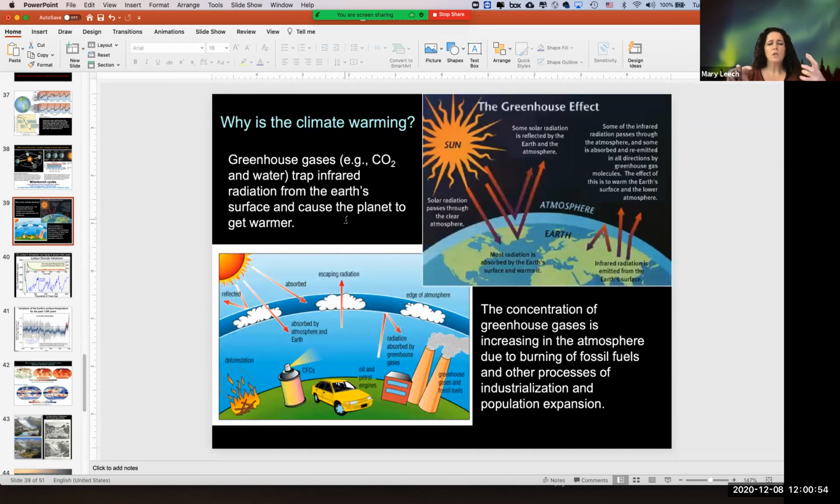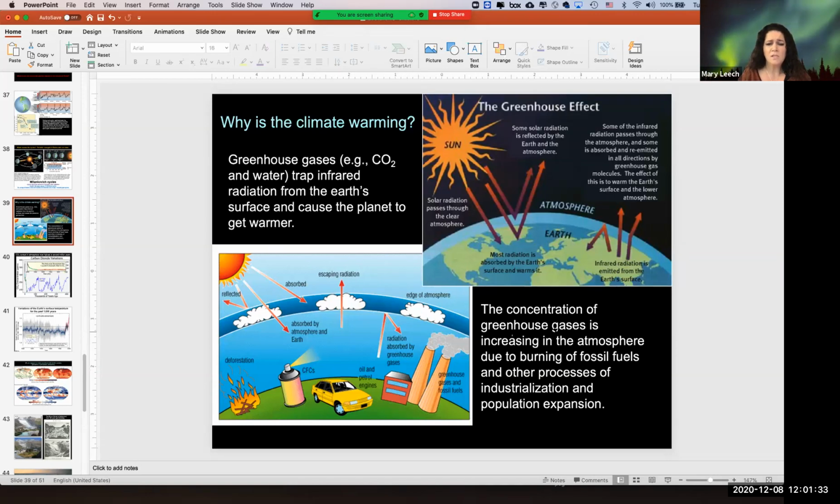All right. So you know about global warming. I hope you know about global warming and how radiation is trapped by our atmosphere. In production, in factories, in exhaust from our cars, and in just living a modern life, we give off carbon dioxide, which is one of these greenhouse gases that helps to warm the atmosphere.